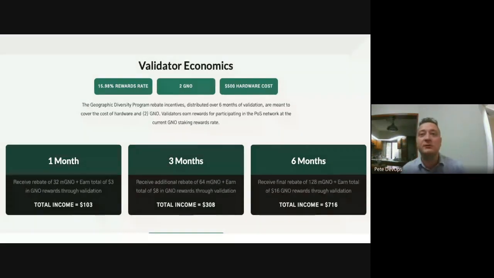The current rewards rate for running a validator node is 16%, and that's just from validating transactions. And then we're also looking to send further rewards if you are in these geographic areas where we don't feel we have enough coverage. Those rewards get bigger and bigger, maxing out at 6 months. So if you have the validator up for 6 months, you're guaranteed this over $700 bounty reward, which, as I say, doesn't require any creating accounts, logging into websites or anything like that. We're going to pay it directly to your validator